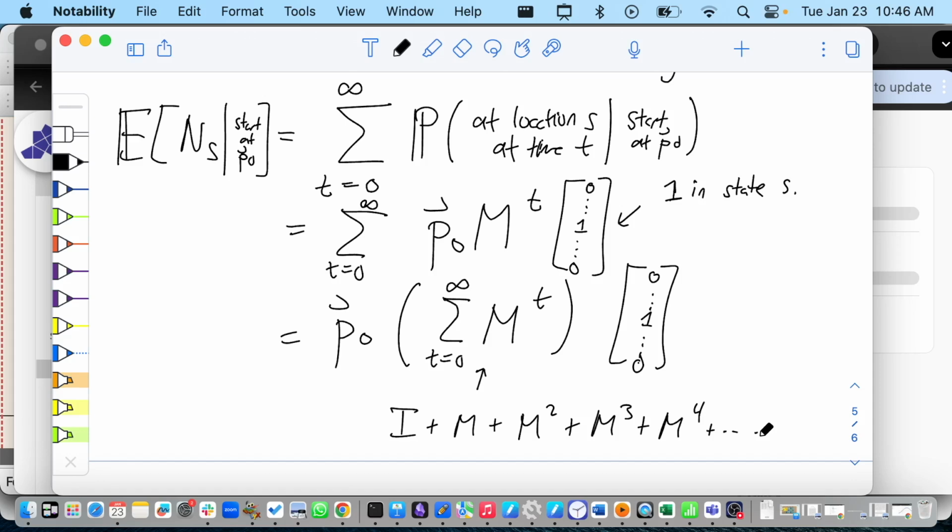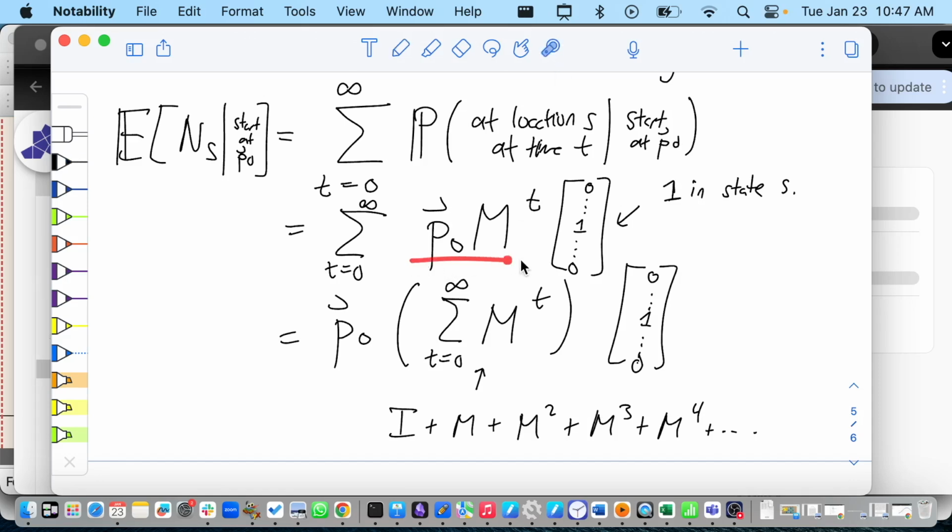Yeah. Maybe a very stupid question, but is it important the order of the multiplication here? So p0 multiplied by the summation of the multiplications first before you multiply by the vector? This is a great question. Say it one more time. So up here we're doing p0 times m to the t times this thing. Yeah, I'm talking about your last line. Is it important that you multiply the p0 by the summation of the multiplications before you multiply in the vector 0, 0, 0, 1, 0, 0? Fantastic question, yes.